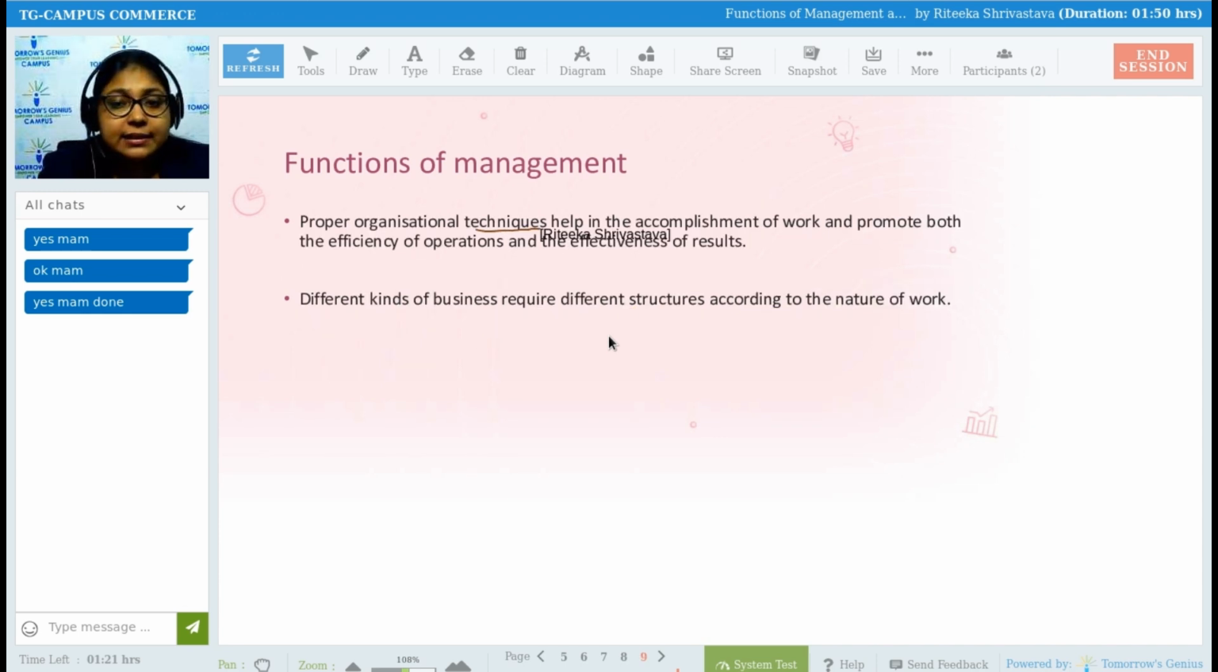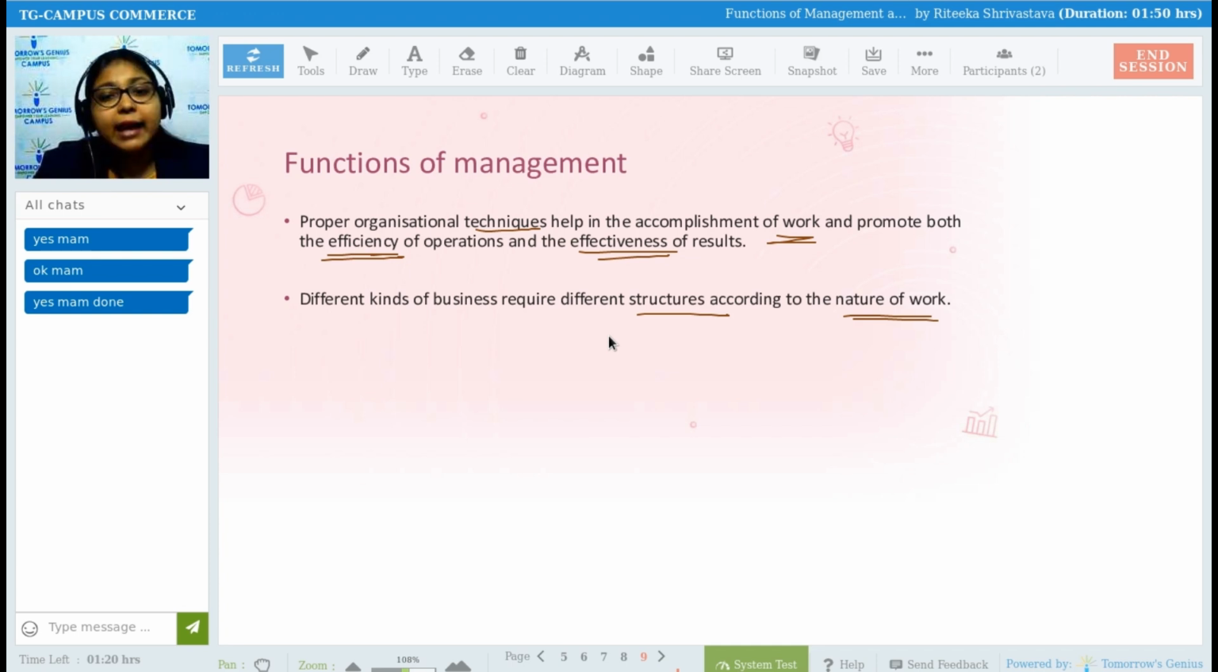So proper organizational techniques help in accomplishment of work and promote both efficiency of operation and effectiveness of results. Different kinds of business require different structures according to the nature of work. When we study the organizing function of management, we are going to study the organizational structure, how the structure of organization should be. That time we will learn, but for now, just understand we need a good organization structure, friendly,